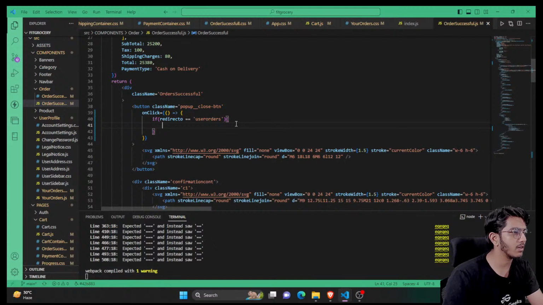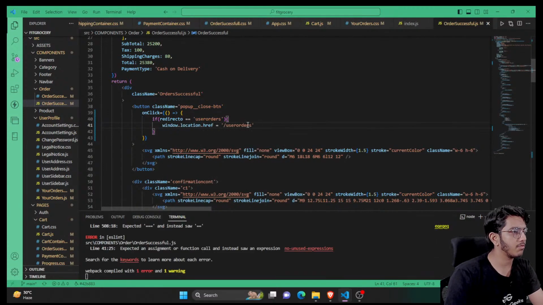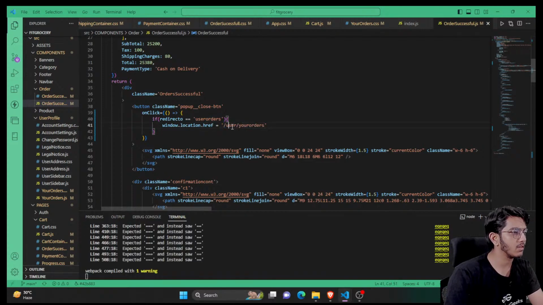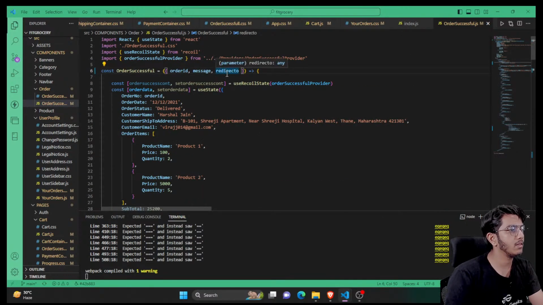So this is the smallest trick, and I'll just say window.location.href. Inside this you will be showing this /user/orders. Once you close this pop-up, you will be redirected to this one. So now I'll be copying this,